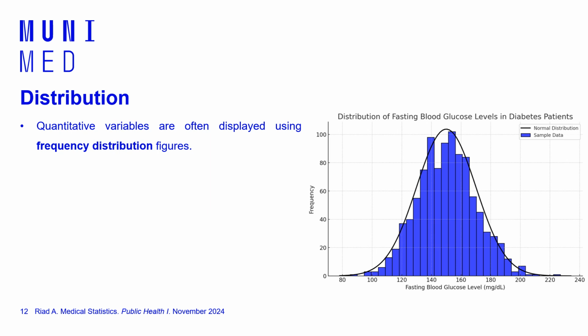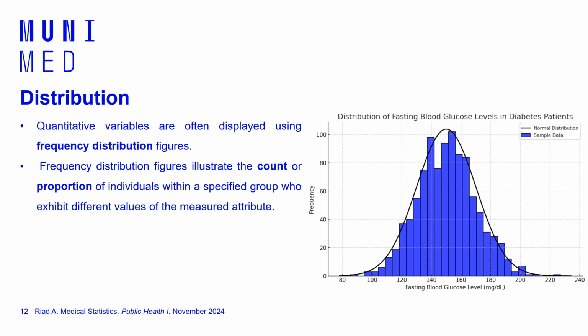Okay, so if you have a quantitative variable that you would like to describe, which is the fasting plasma glucose, you're gonna use the frequency distribution figure. And this figure describes the count or the proportion. Here we use the count, which is frequency,